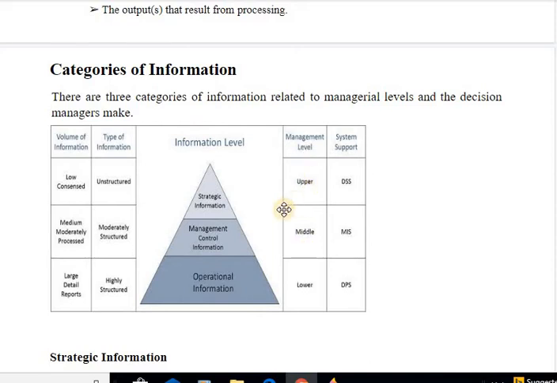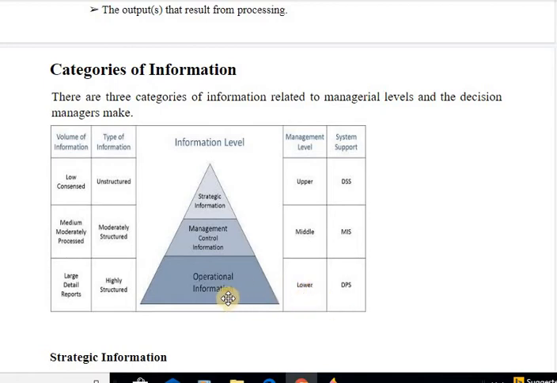On the very upper level there is strategic information. The upper management will provide you strategies on how you should go further to implement certain objectives. The middle level management has management control information, like the various managers of different departments. Under those managers you will have a team, so a team leader will be there. So it goes like that. And at the lower level of management comes the operational information, like the programmer, the one who is writing the code, who is working with a team. That programmer is a part of the programming team. So that is the lower level.